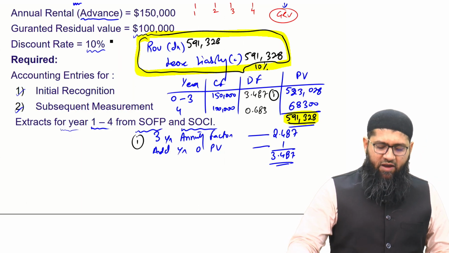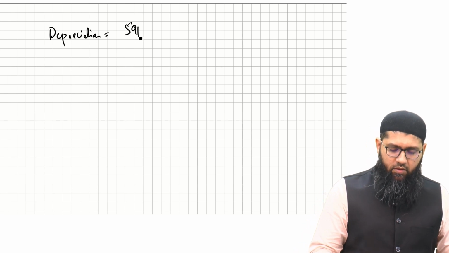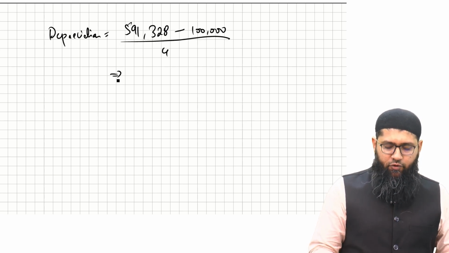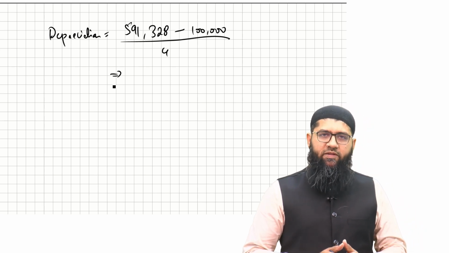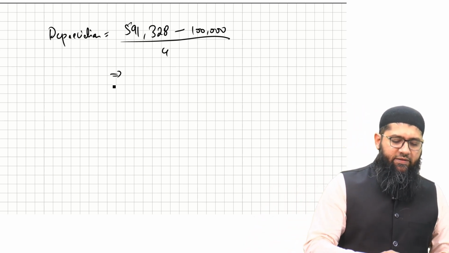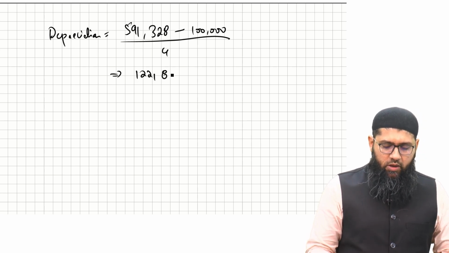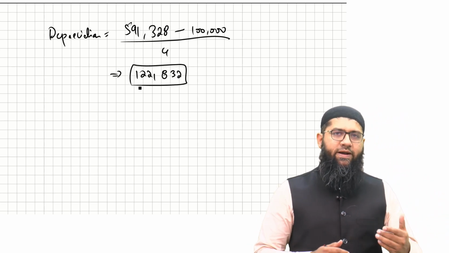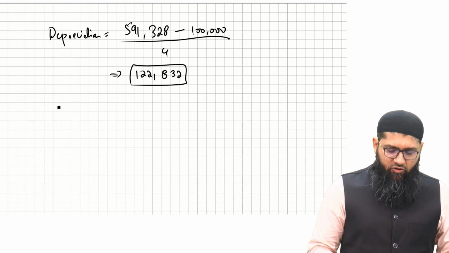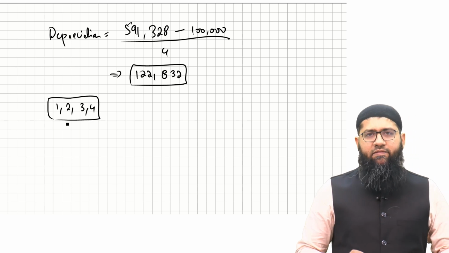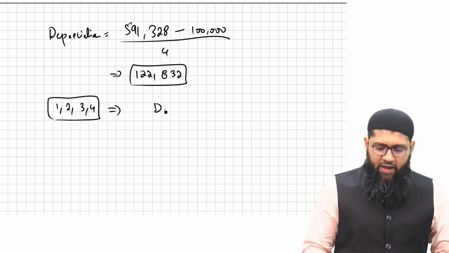So you have recognized 591,328, minus 100,000, divided by 4. 591,328 is basically the cost, minus 100,000 divided by 4 is going to be 122,832. So that's what the depreciation is going to be. For each of year 1, year 2, year 3 and year 4, the accounting entries are going to be